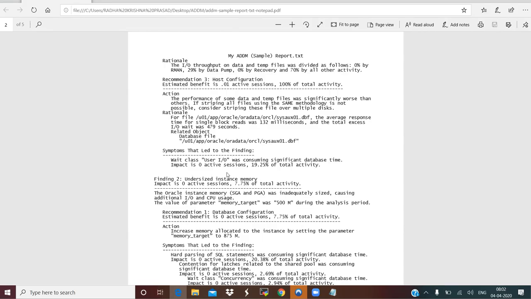For that, you need to go to database configuration and increase the allocated memory in the instance by setting a parameter called memory target. I'm highlighting this one. Did you see this memory target to 875 MB? And when you see a recommendation like this, increase your memory. So if your memory target is 500 MB,